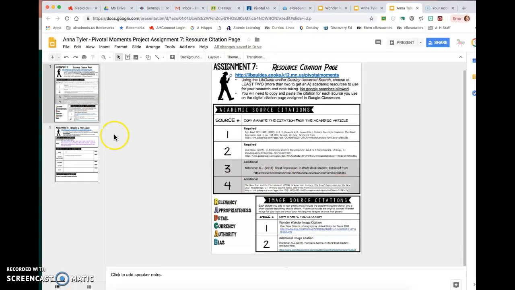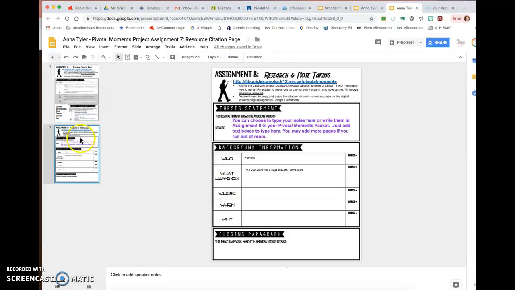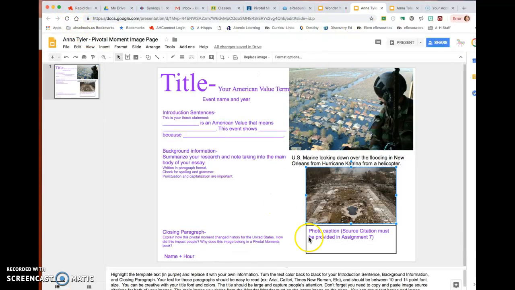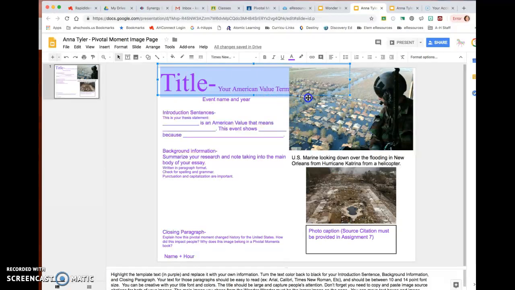Once you have all this, if you have been using this to be taking notes, that's great. And if you're all done with that, you'll be able to turn that in once your images are cited down here and once you've got all your information on your assignment there, or your sources there. That way, now you're able to start highlighting these and replacing this with your term. Like this could be,